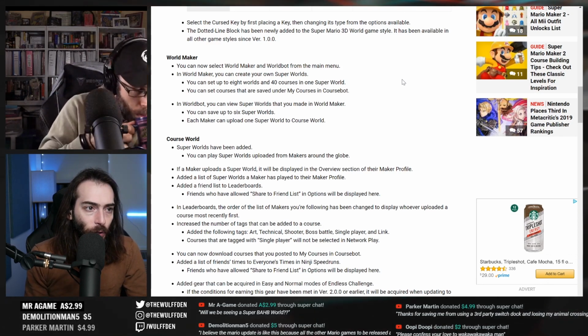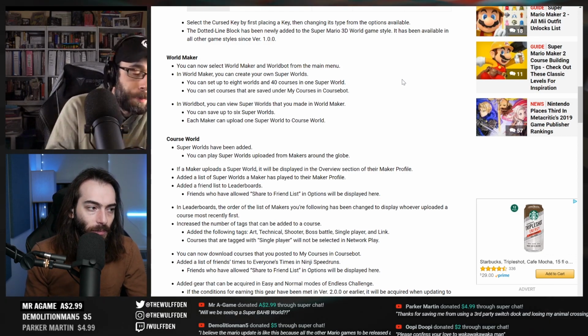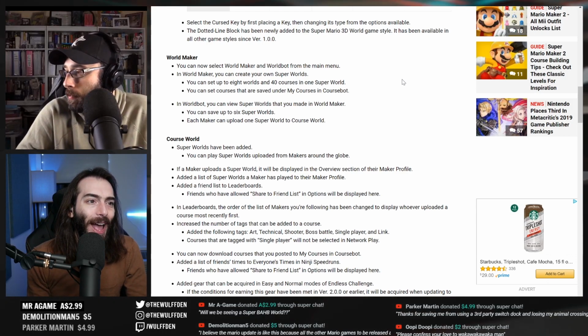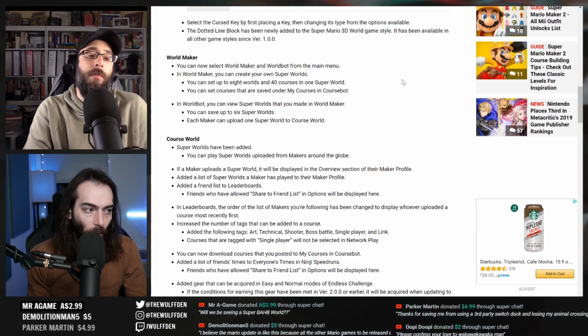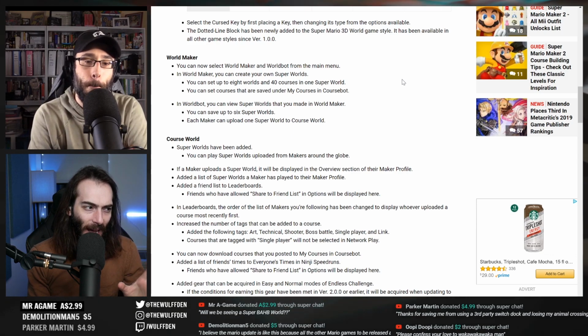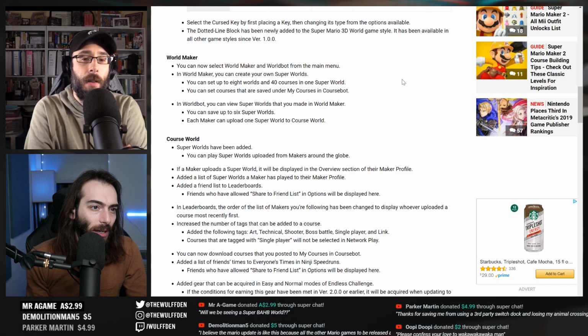In World Maker, you can create your own super worlds. That's what they're calling your games, basically. You can set up to 8 worlds and 40 courses in one super world. It's a little confusing to call it super worlds. Yeah. You're really calling it games. Yeah. But anyway,